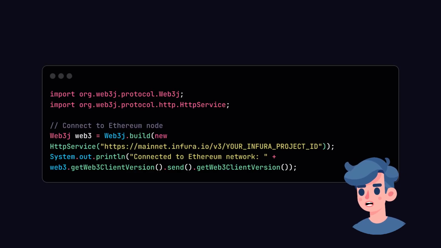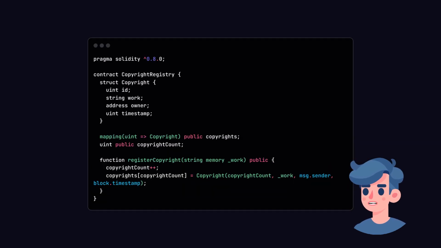Now that we have our environment set up, let's write our first piece of code that establishes a connection to an Ethereum node. This connection will allow us to interact with the blockchain for our copyright registers. Now that we have established a connection to the blockchain, let's create a smart contract that will allow us to